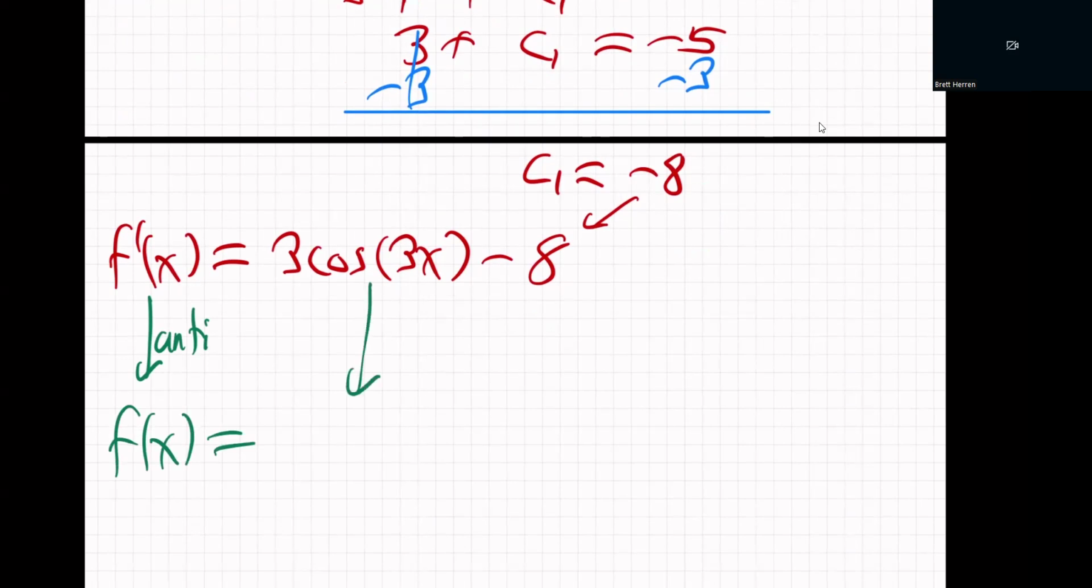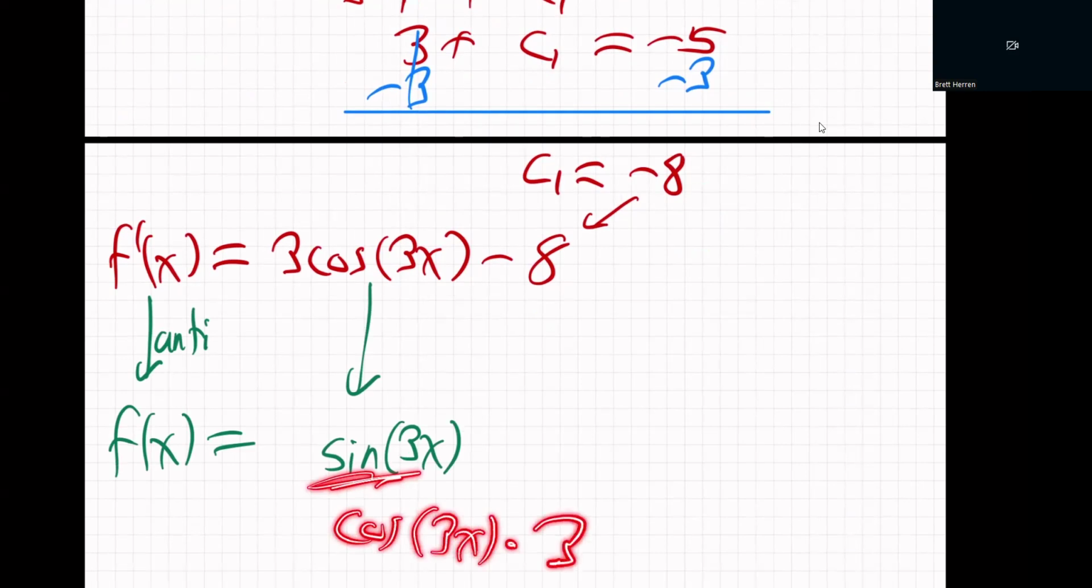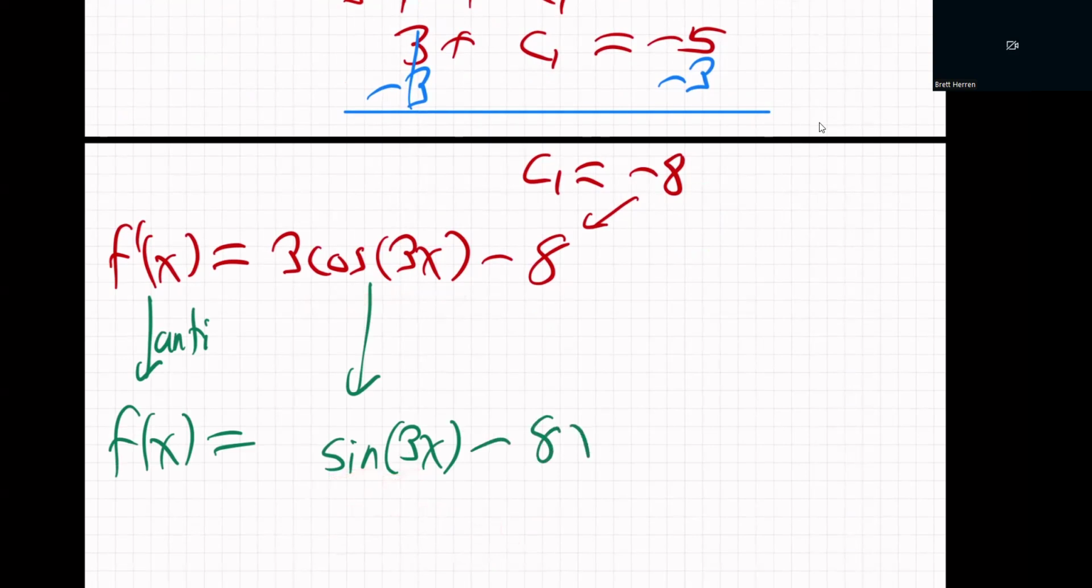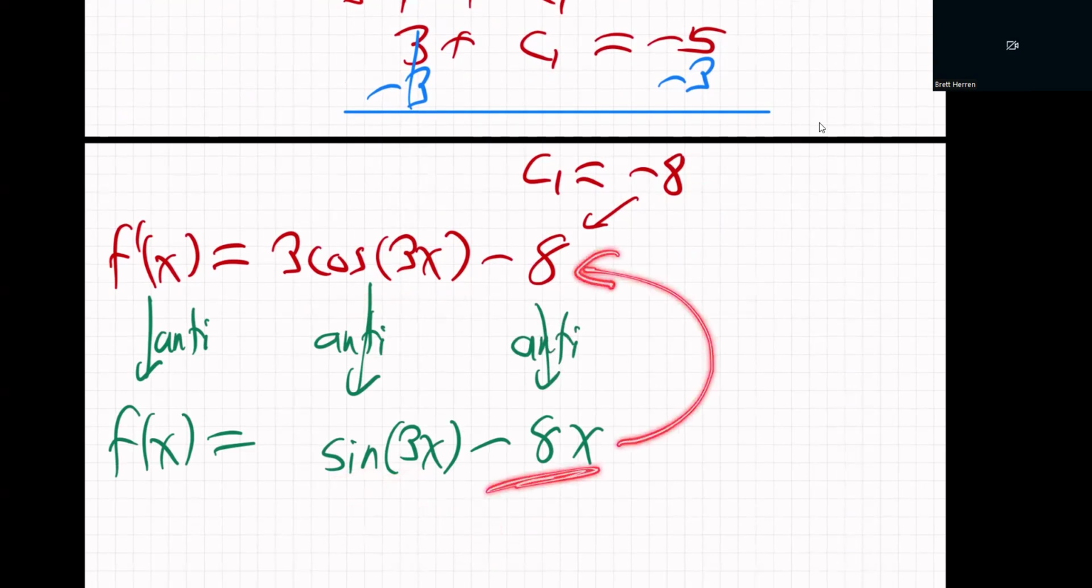So how do you do the antiderivative? Again, just think about it. It's going to be sine 3x, something like that. What's the derivative of sine 3x? It'd be cosine 3x times 3, because chain rule. Well, that's perfect. That's it. Now, what about the 8? That's minus 8x. Do you see that? The derivative of minus 8x goes back to minus 8. That's right. Plus